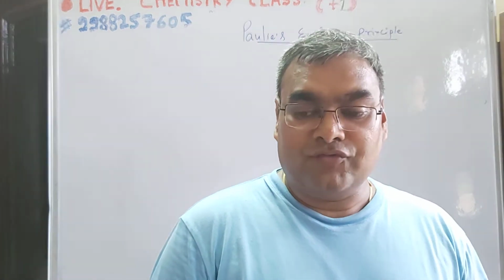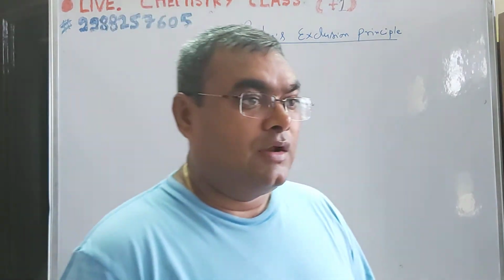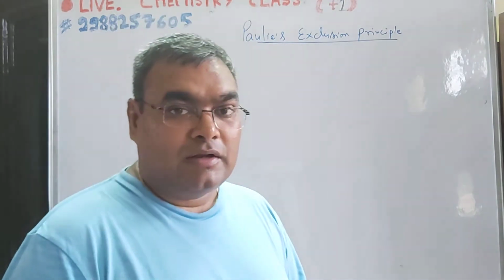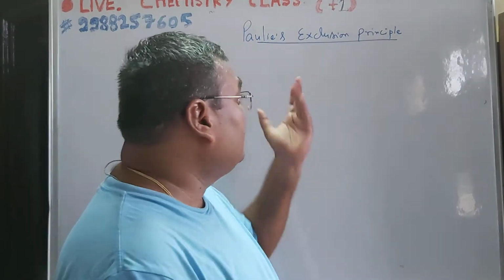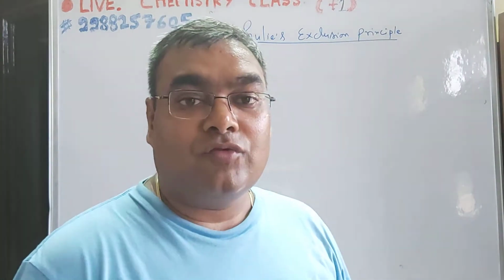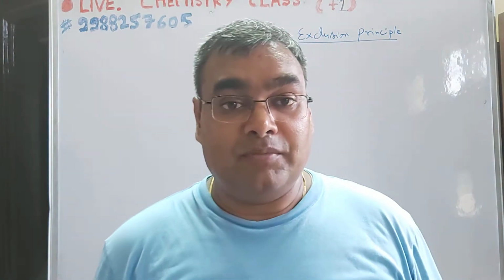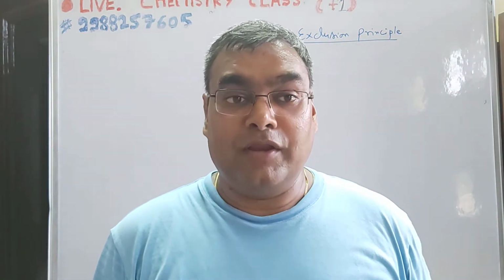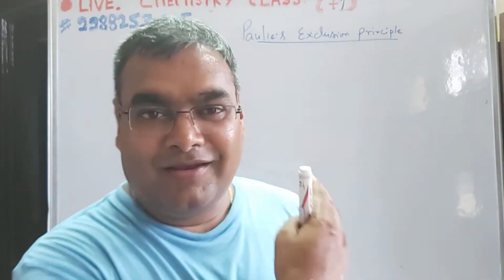In the atomic structure, we discussed rules for writing electronic configurations in terms of s, p, d, f subshells. Now, at last, there is Pauli's exclusion principle. Before this law, we already discussed the Aufbau principle as well as Hund's rule of maximum multiplicity. Now, what is Pauli's exclusion principle of filling of electrons in the orbitals, as well as what is its importance? Let's